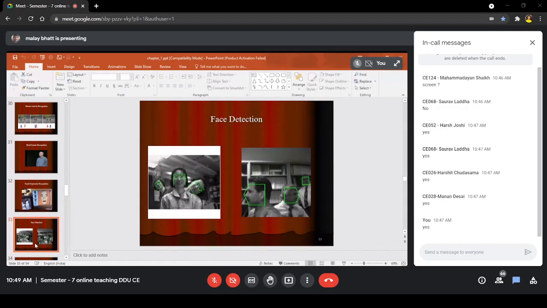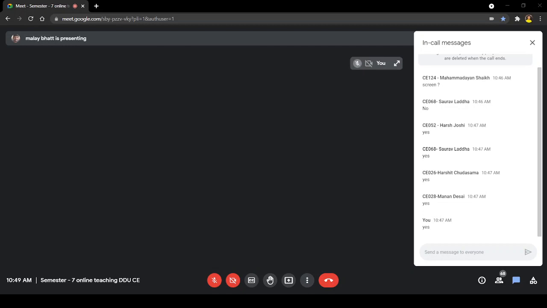We have multiple faces, and also you can see that when we are using a camera, we have two things: either a frontal face where both the eyes and both the ears are clearly visible, which is known as frontal face recognition and detection. That is what is in the left hand side picture.